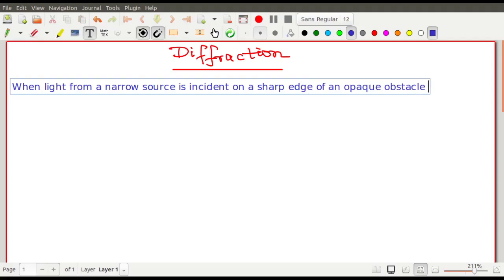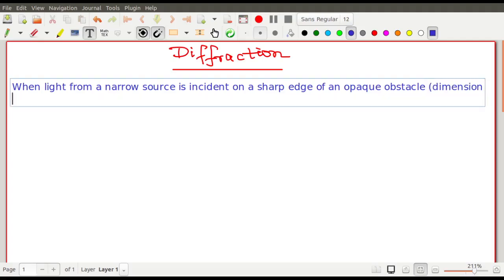When light from a narrow source is incident on the sharp edge of an opaque obstacle, and definitely the dimension should be comparable to the wavelength of light, otherwise the phenomenon is not noticeable,